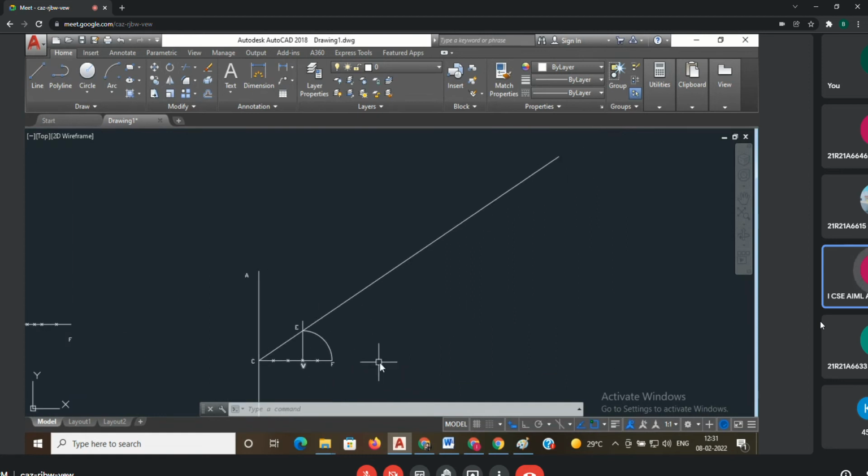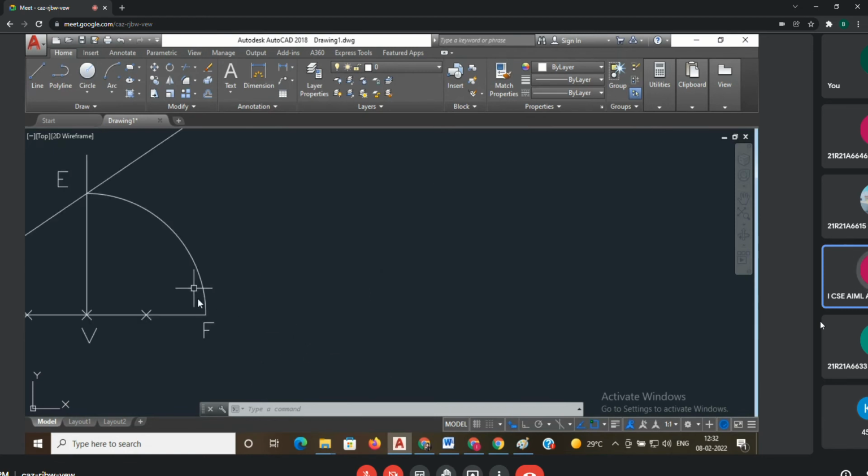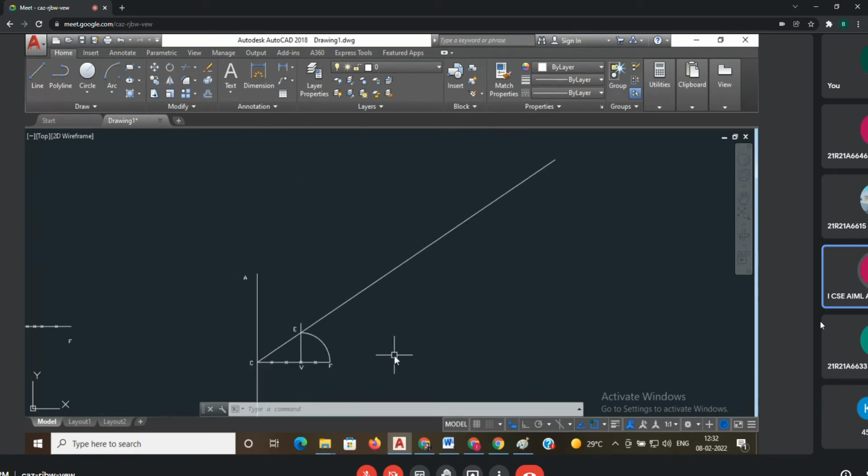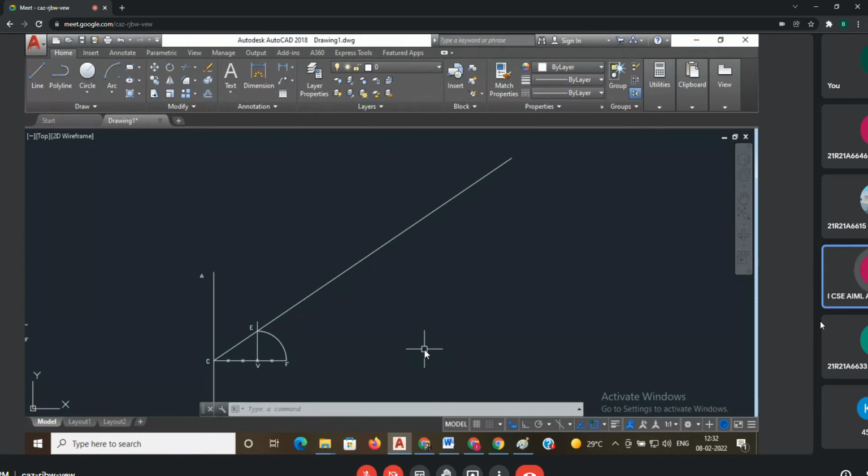I want to draw a 45 degrees inclined line from the focus, from the F. Same mistake was done by you in the practical classes. Whenever I am explaining this on a projector, even though you made a mistake, some students are taking it from the V, from the vertex. It's not like that. Always from the focus point, from F, you have to draw the 45 degrees inclined line. This is applicable only for the ellipse problem. For the parabola and hyperbola, no need to draw this 45 degrees inclination.